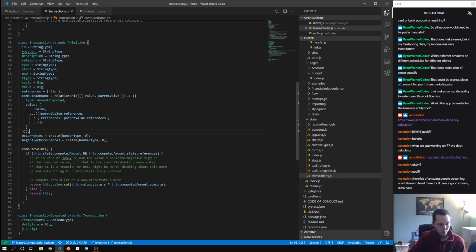So this computed amount can have effectively an unlimited nest of data behind it. So I think we can operate on that same functionality already. So there's the value, and